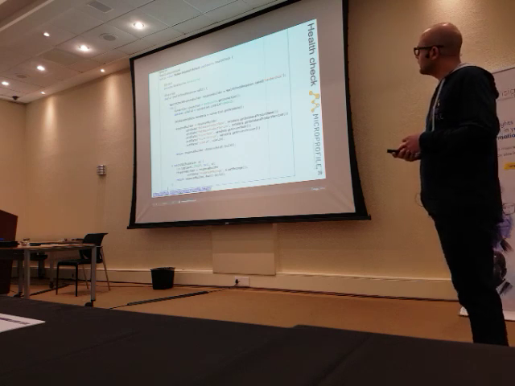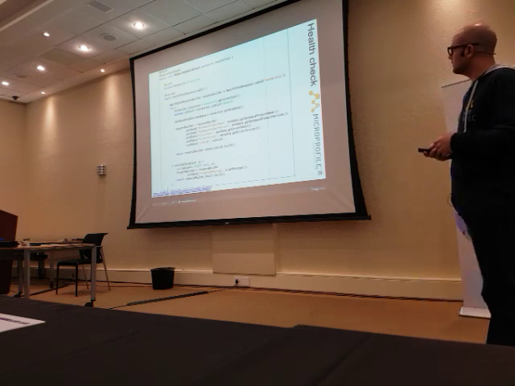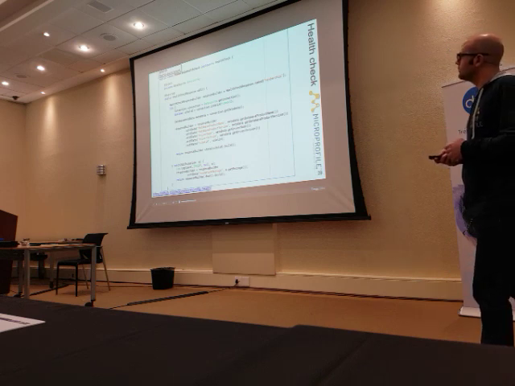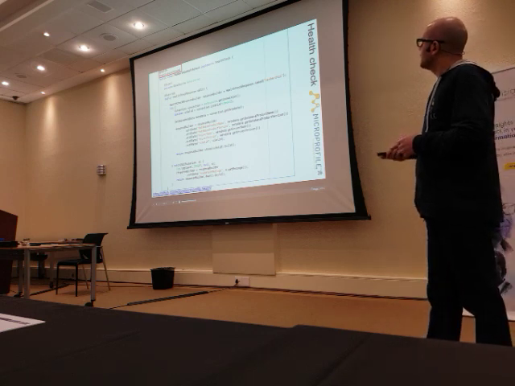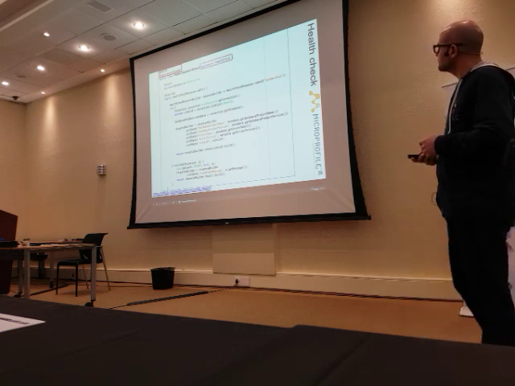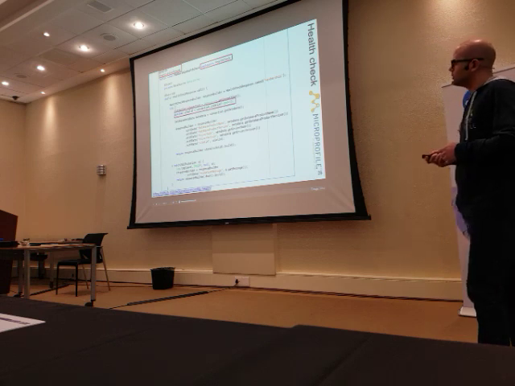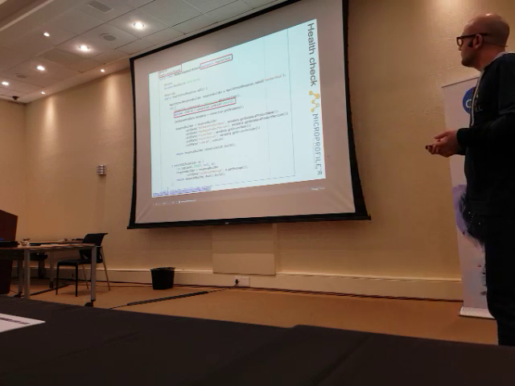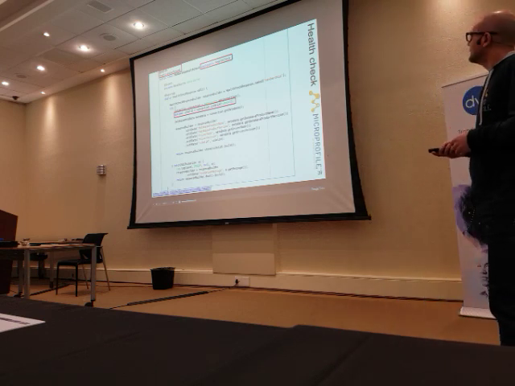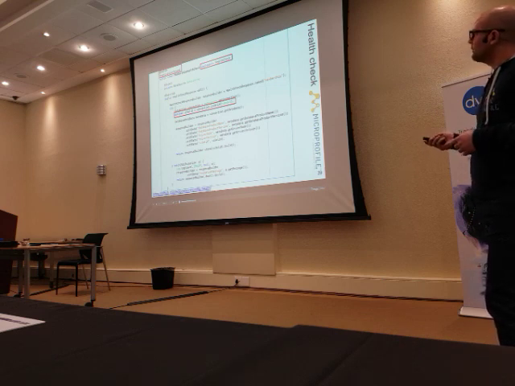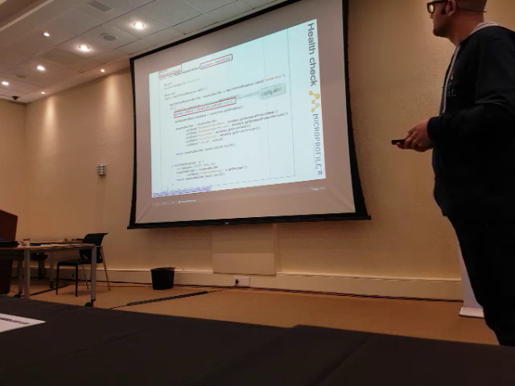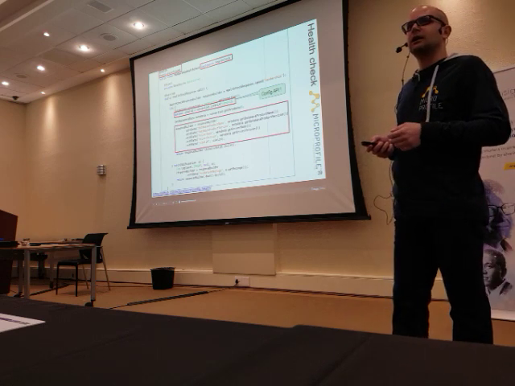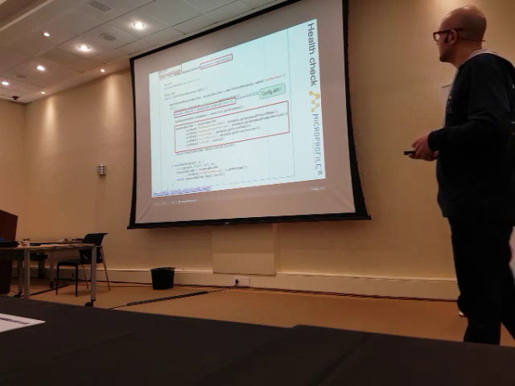To take part in this, your service can include more than one, but it has to include a health check. You annotate it with @Health, normal CDI, implements HealthCheck, and then you implement it. In this case, this is the one I'm using for the membership service where there's a relational database, and I am checking the validity of that connection. I'm also externalizing the timeout using the config API. And then you can also pass a bunch of metadata with this response if you want. In my case, I'm just passing details of the database.